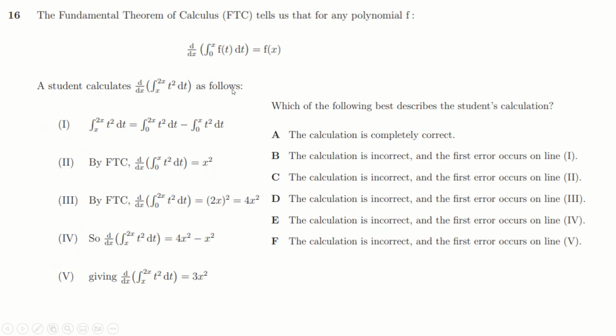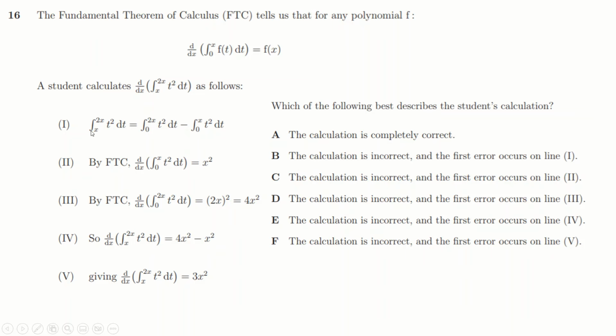Okay, so another spot the mistake question to do with FTC, the fundamental theorem of calculus. It's essentially saying when you integrate a value between x and 0 and then differentiate it, you just get the same function you started with, just with x instead of the dummy variable t. A student does this as follows. Now, the first thing I see here is that,